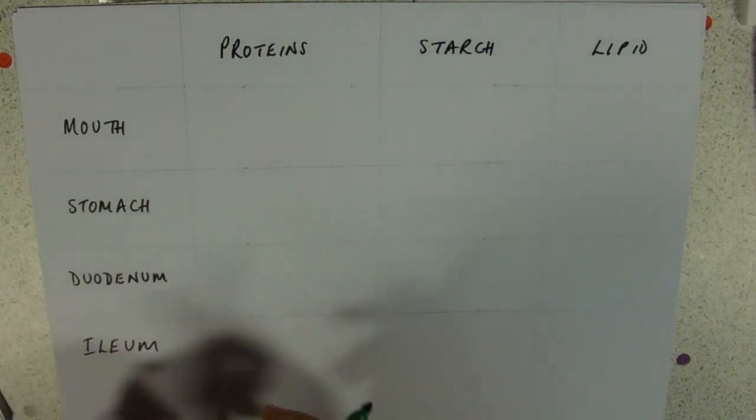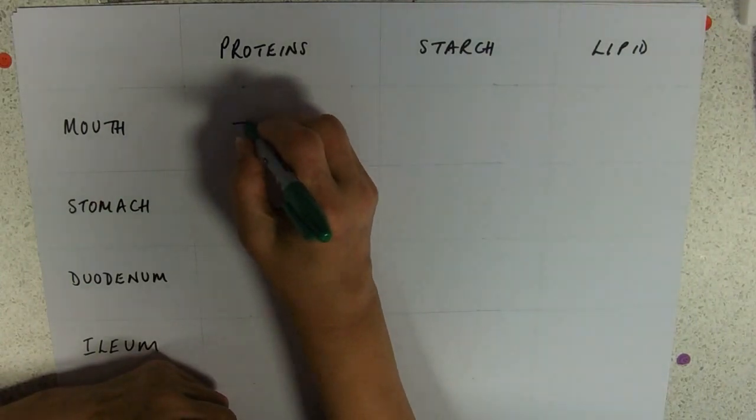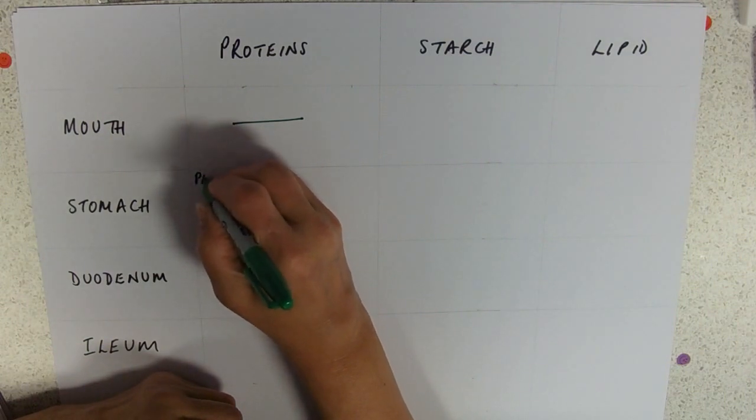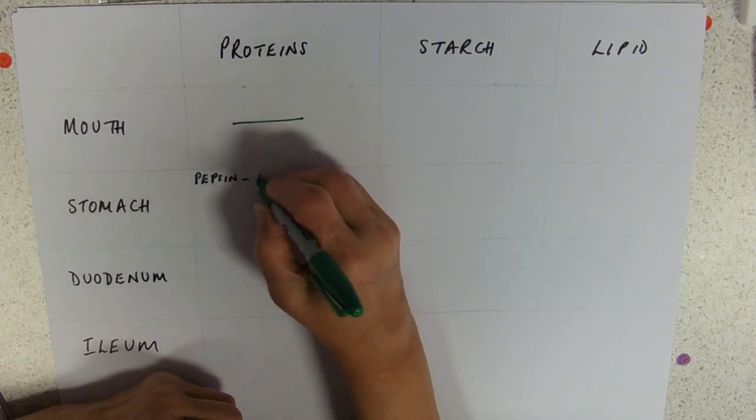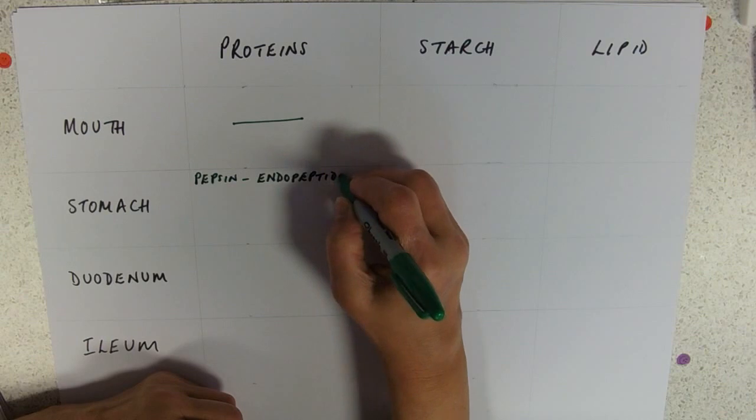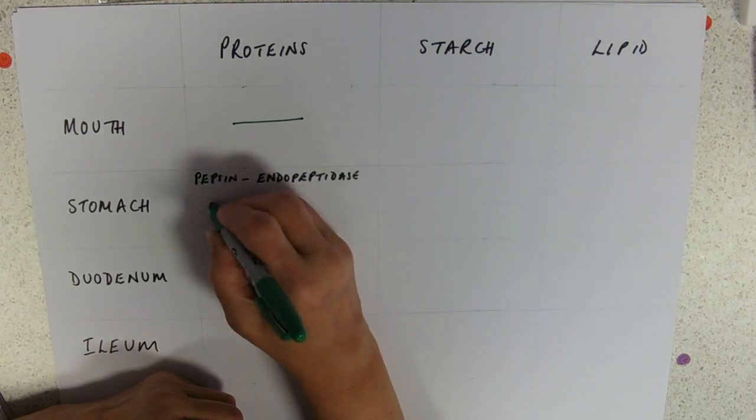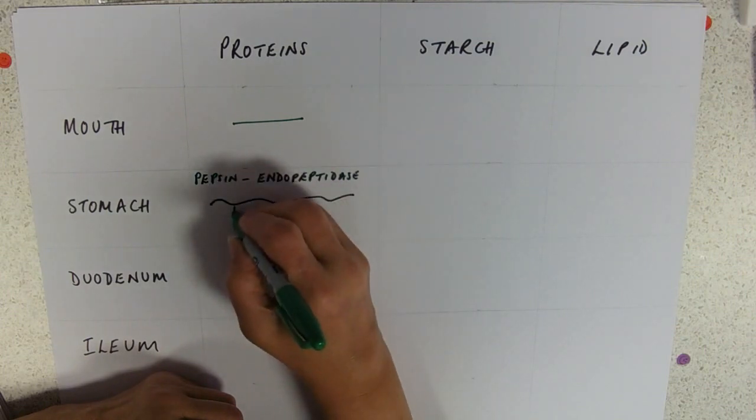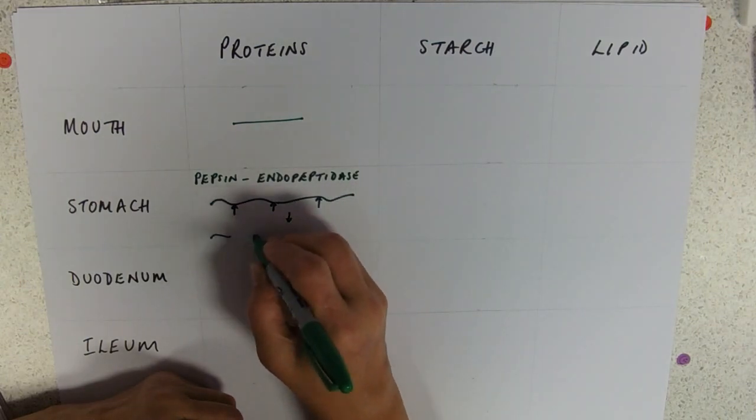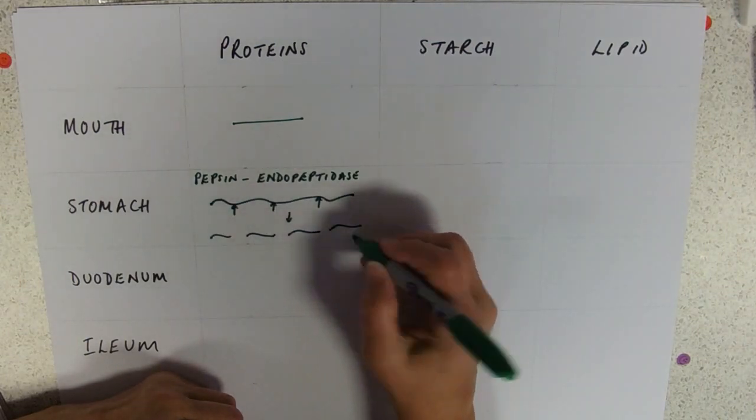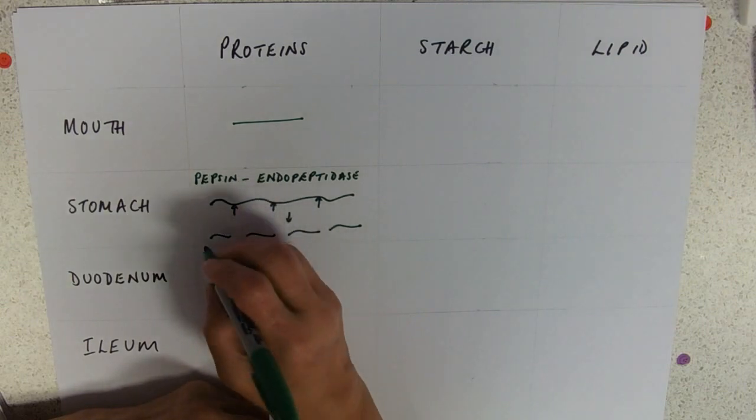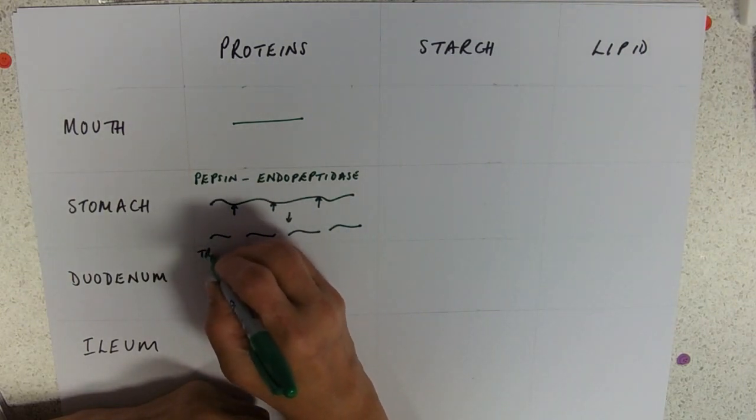So, proteins. What happens to them in the mouth? Absolutely nothing. That's a nice easy start. In the stomach, remember we have pepsin, and that is an endopeptidase. So, endopeptidase is going to cut the protein by hydrolyzing bonds in the middle, and it's going to release smaller polypeptides. We then go into the duodenum, and the duodenum has trypsin